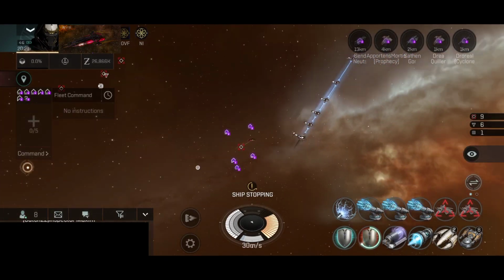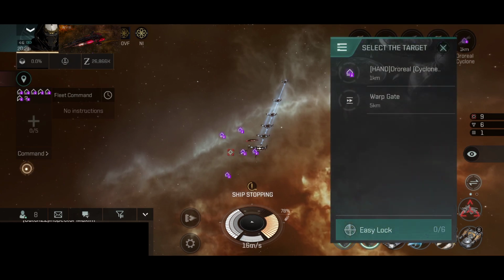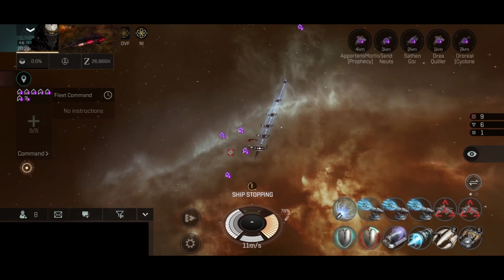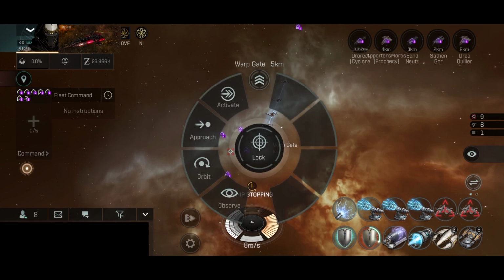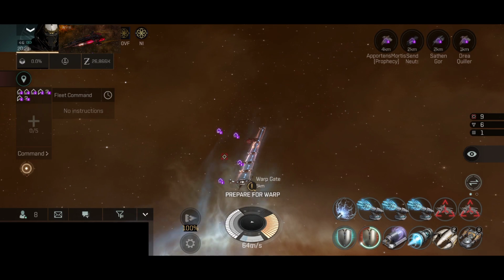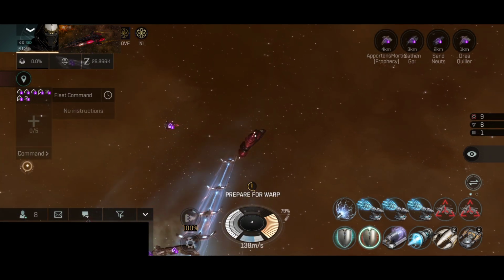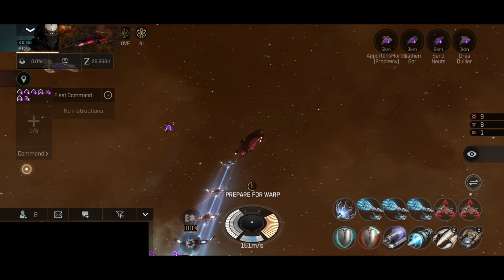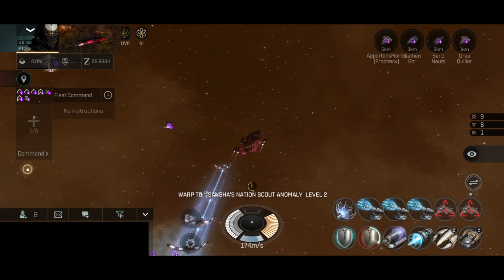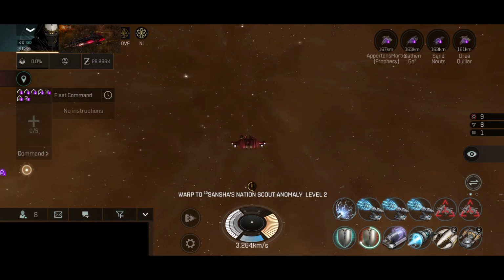Now, here I am at the gate. I think it should be one scout anomaly or one inquisitor anomaly. Either way, it is one special anomaly, tier 10. This is deep null, and well, I am in a fleet. Like I said before, in a fleet you don't have to worry about missing targets because you have your allies,